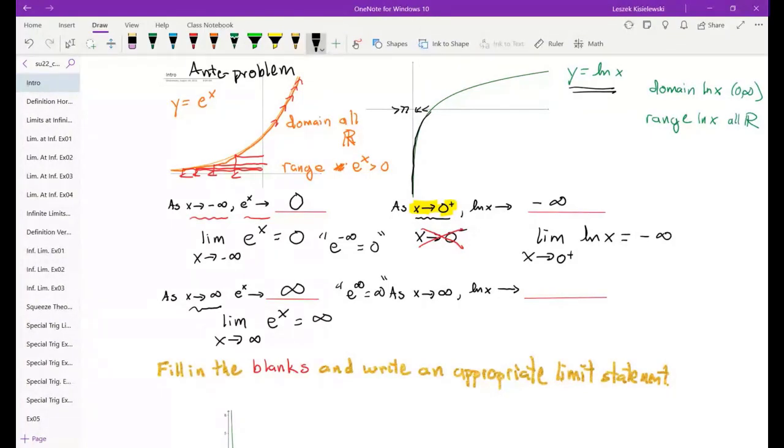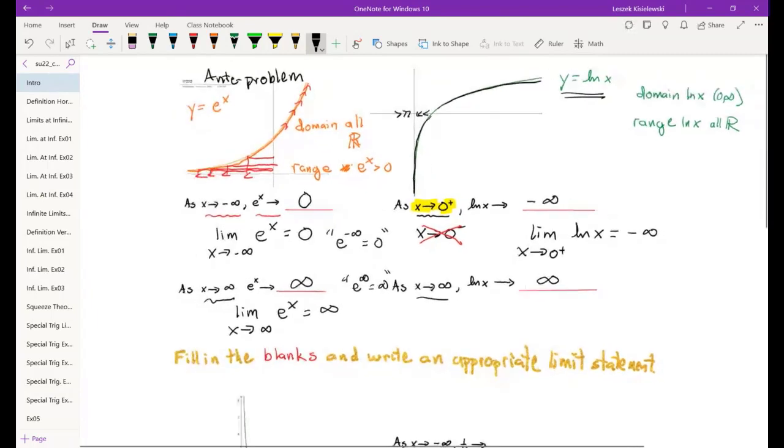Okay, and finally we see that as x goes to positive infinity, it doesn't grow very fast, but log does grow without bounds. So as x goes to infinity, log of x goes to infinity as well. It grows without bound. Okay, perfect. So that's just a warm up, just to get a kind of sense of how your two basic functions important to calculus behave